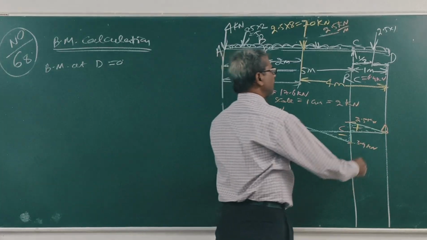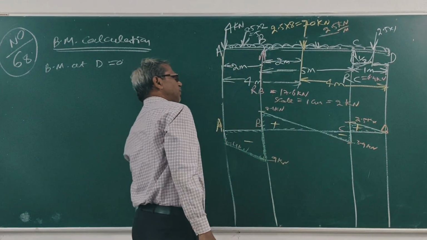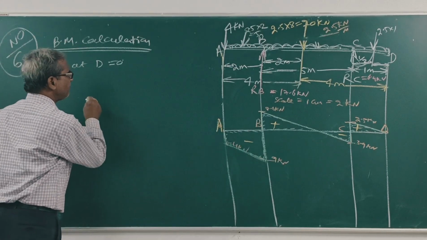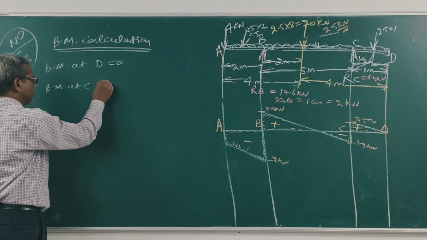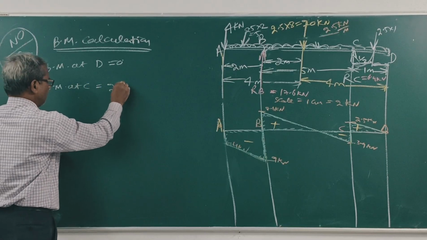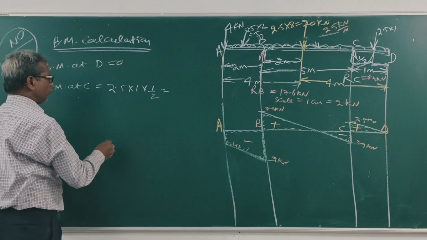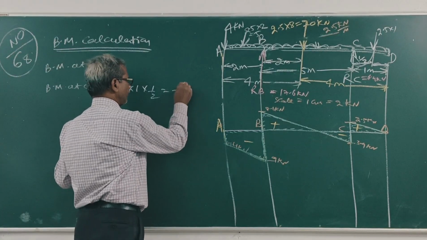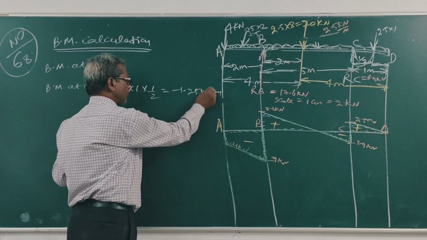Clear? Let's see, 2.5 into 1 into 1 by 2, minus, so minus 1.25 kilonewton meter. Clear? At point C,